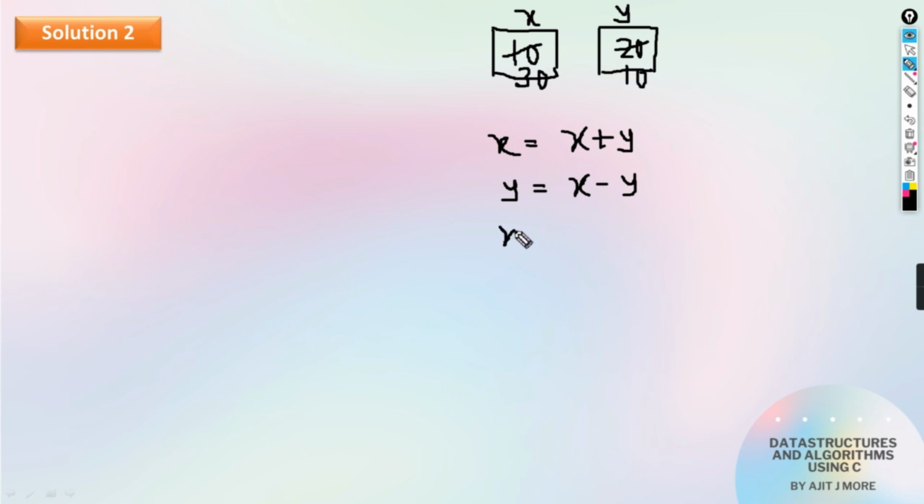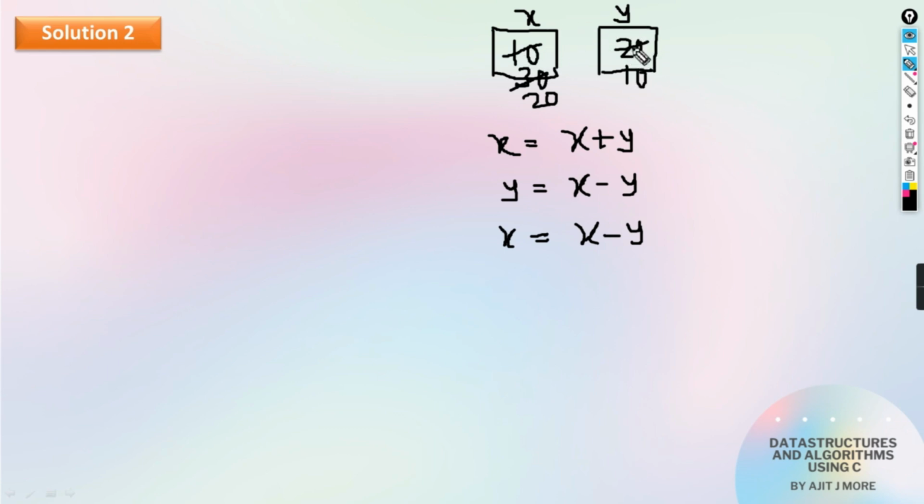And finally, what I'm going to do is write X minus Y again, and store it in X. So 30 minus 10 is 20, and that I'm going to store in X only. Okay, and can you see guys, now the value of X is 20 and the value of Y is 10, which is actually swapped.